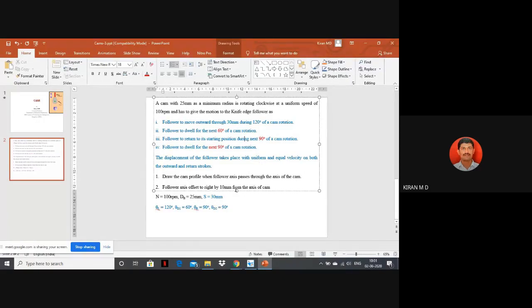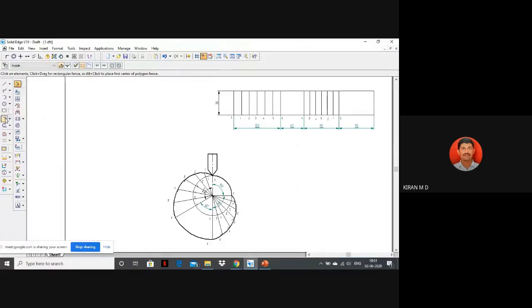For that, the method is very simple. In the uniform velocity case, the follower line is linear, so from here to here you can draw a straight line. Is it clear? In case of uniform velocity, just join from 0 to this corner; it will move in a linear way. Next it is in the dwell, so it stays here only. Again, the return is also uniform velocity, so just draw the straight line.